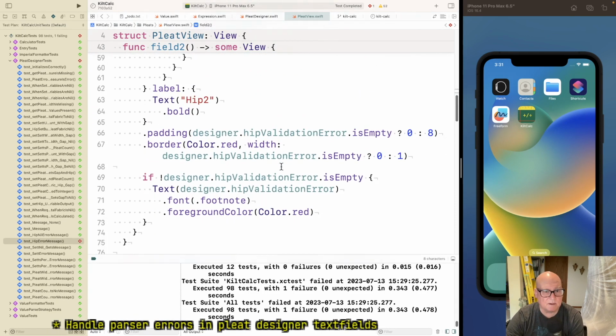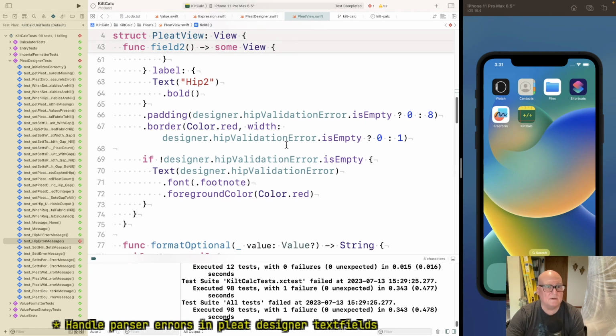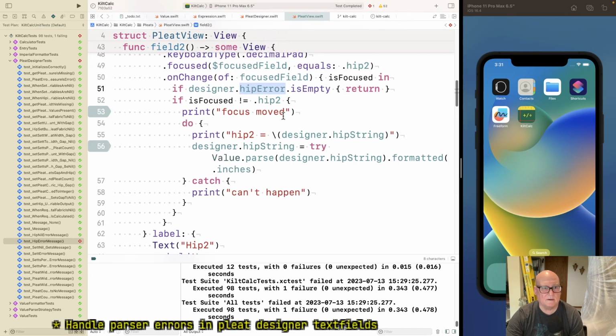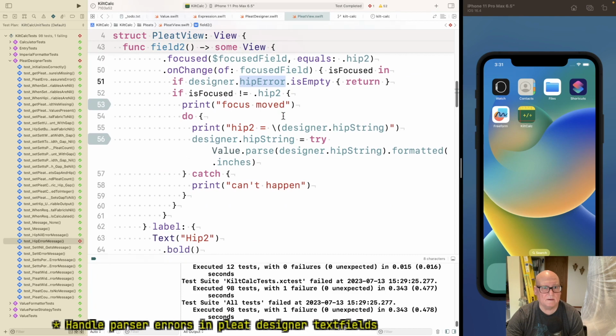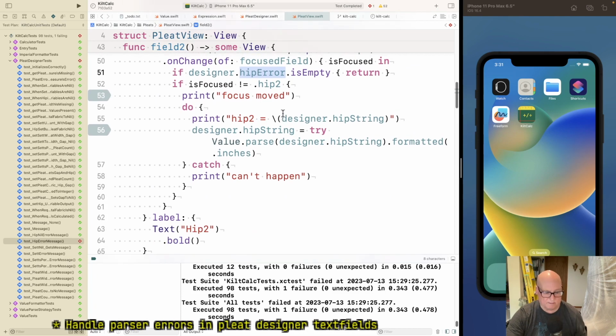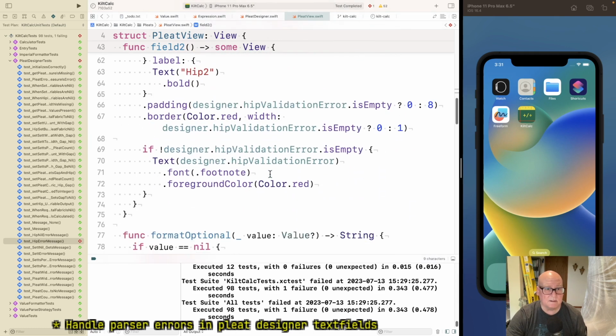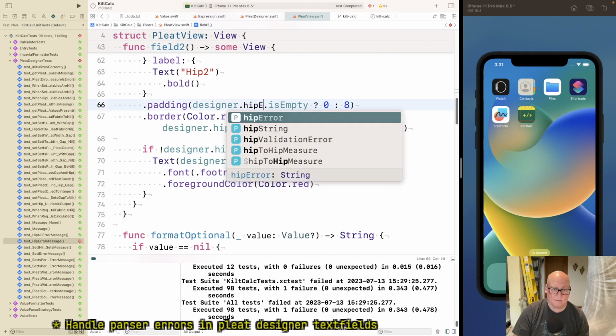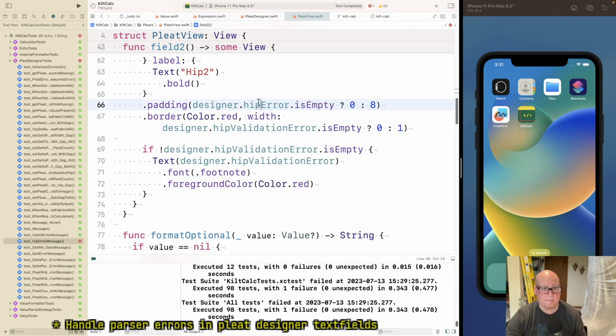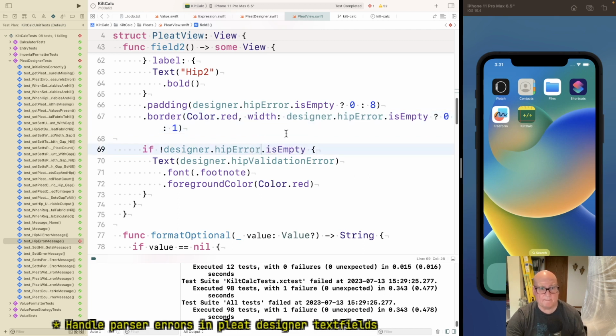Okay, where's hip error again? Hip. That was not the right thing to change. Hip string. This is hip error. Okay. Run this.